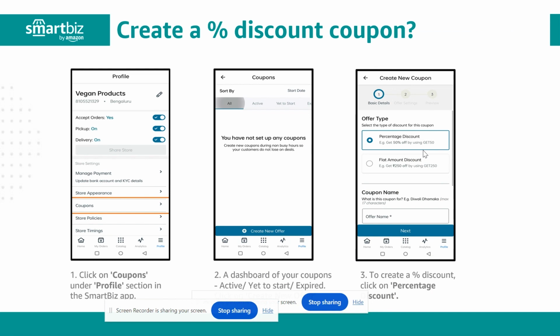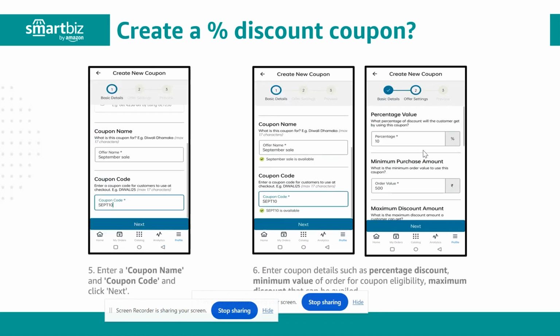उसके बाद when we are creating percentage discount coupons, तो हम परसेंटेज डिस्काउंट कूपन्स पे क्लिक करेंगे। जब हम उस पे क्लिक करते हैं तो एक विंडो खुल के आती है जिसपे हमें उसका ऑफर नेम डालना है, जो कूपन नेम होगा। फॉर एग्जाम्पल दिवाली धमाका या सितंबर सेल या समर सेल, ऐसे करके हम कूपन नेम डालते हैं। और कूपन कोड वो होगा जो कस्टमर्स यूज करेंगे चेकआउट पे, जैसे फॉर एग्जाम्पल सितंबर 10 या दिवाली 25, जो कस्टमर्स जब वेबसाइट से चेकआउट कर रहे होंगे तो वो यूज करेंगे so that उनको ये कूपन का डिस्काउंट मिले।